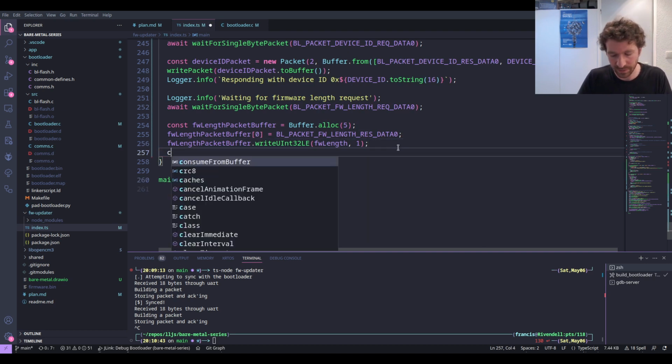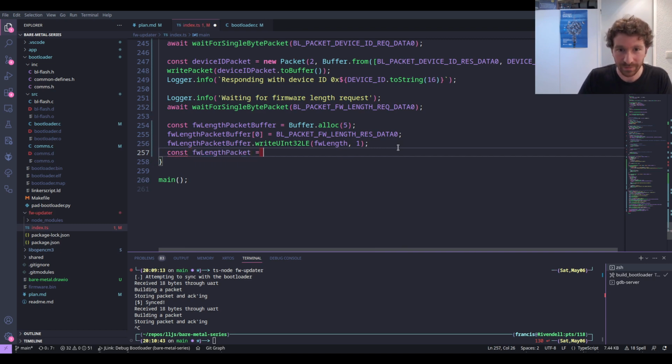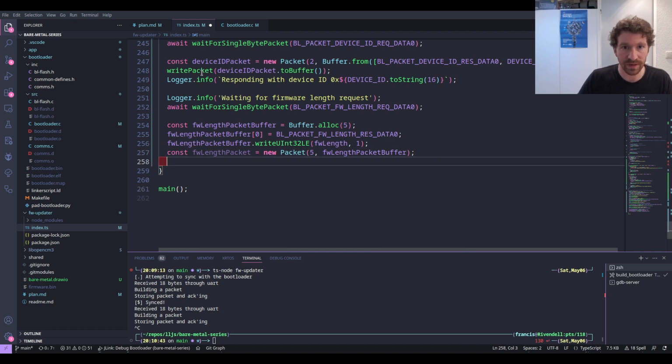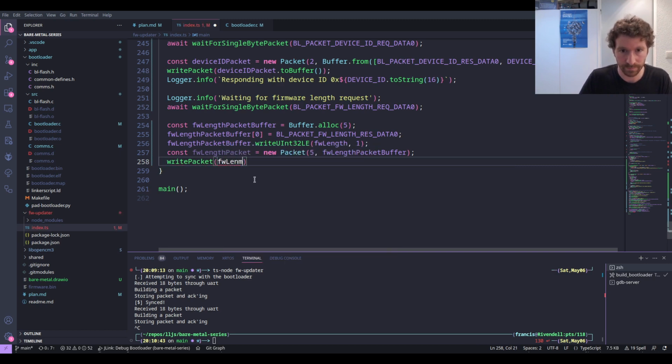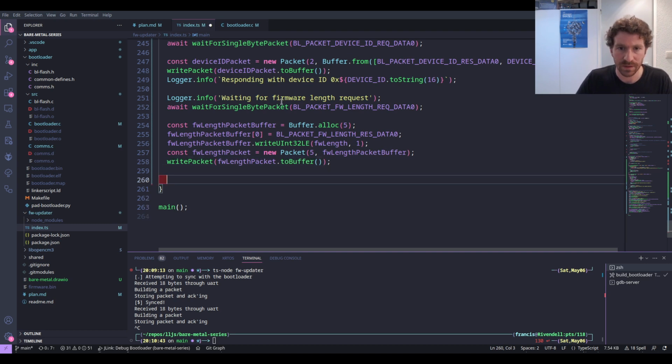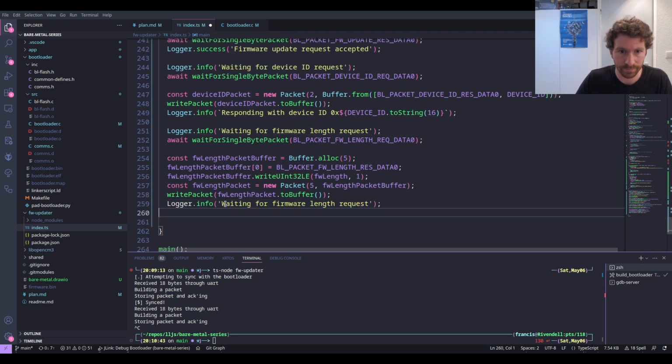Okay, now we can create a firmware length packet, which is a new packet of length 5, and the data is this buffer. And then we can write that packet. So let's write that packet, firmware length packet.buffer. Okay, so responding with firmware length,